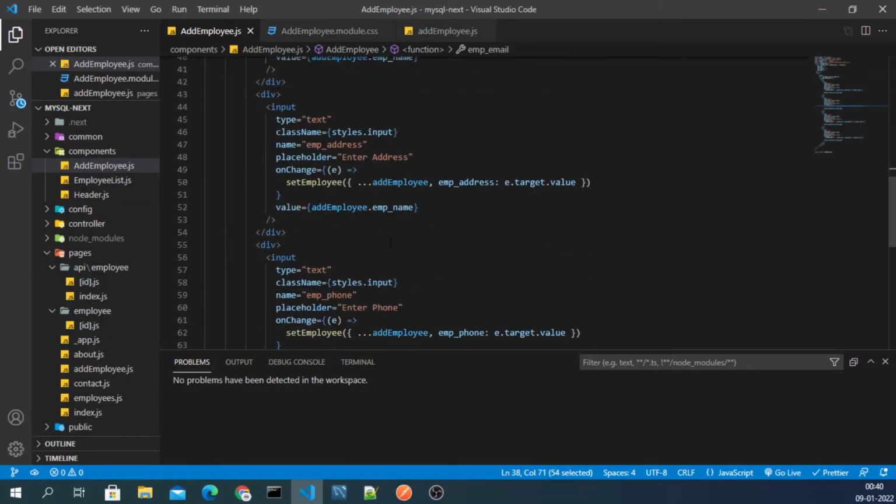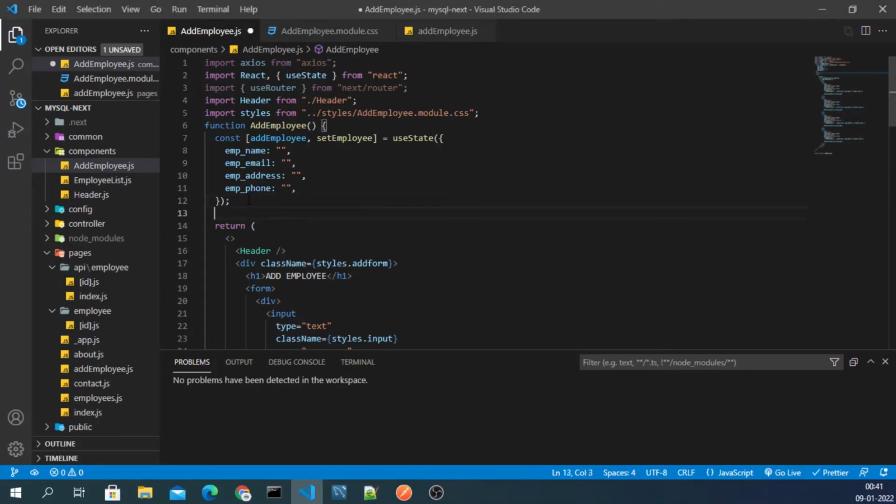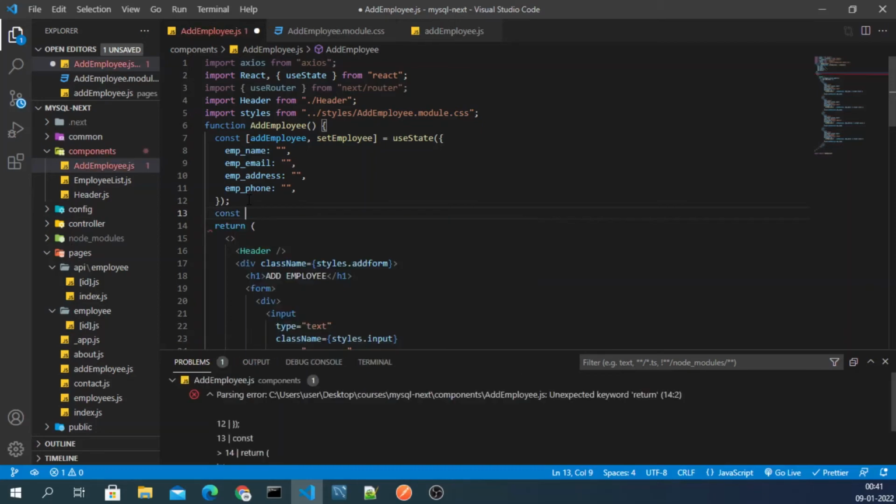So what I'll do, I'll simply come up here, just above the written part, and I will make a function that will be handle change.